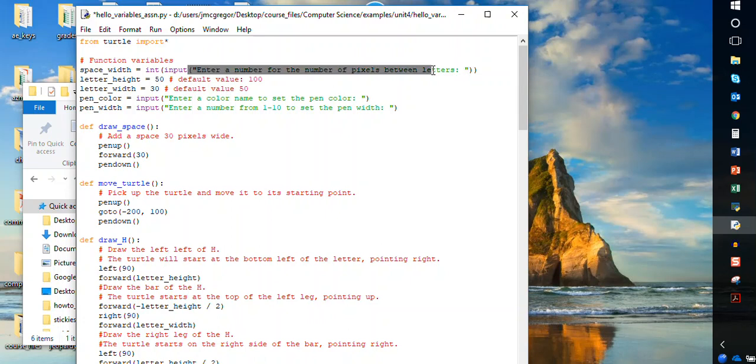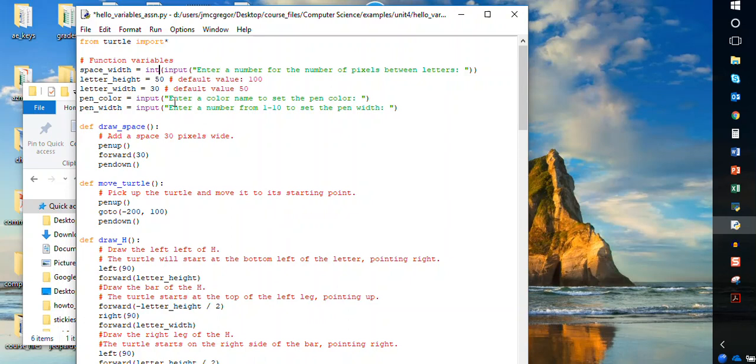from the second parenthesis to the closed parenthesis. And this closed parenthesis is what closes off the command that this is going to be put in by the user. It's a lot of stuff. And what it means is the user is going to put in a number for how much space they want between the letters. We're going to do the same thing